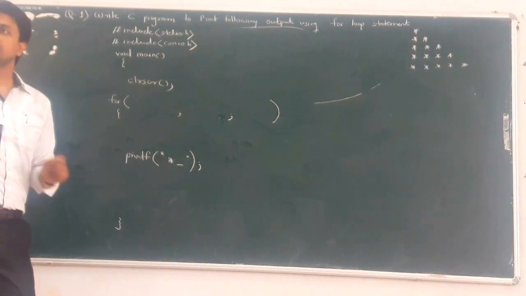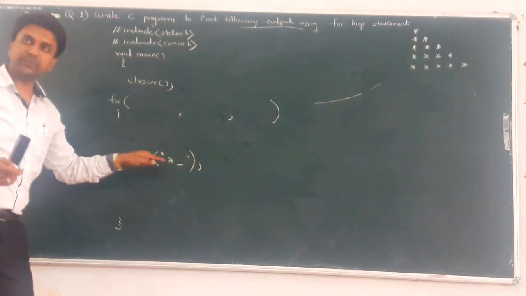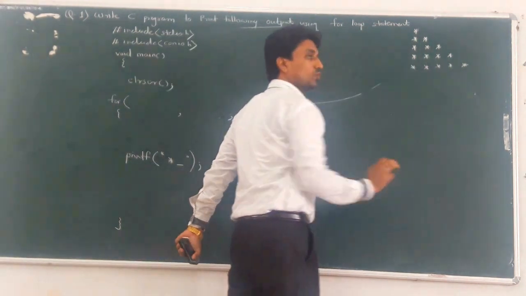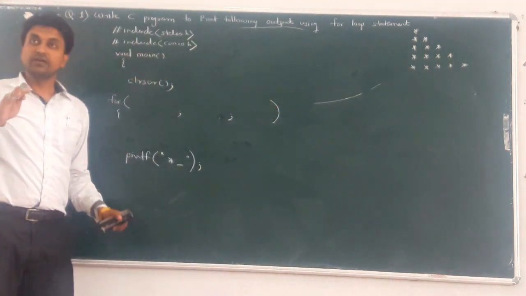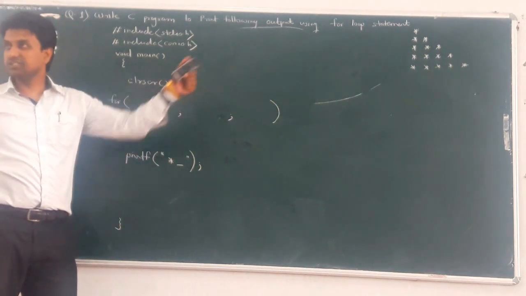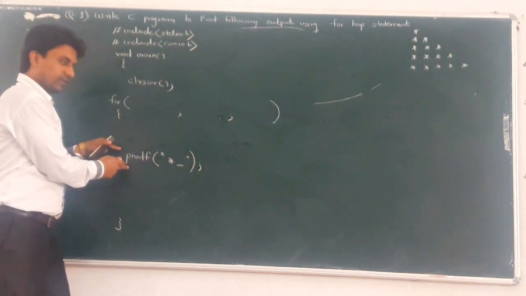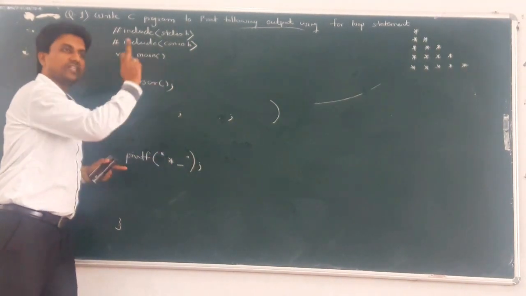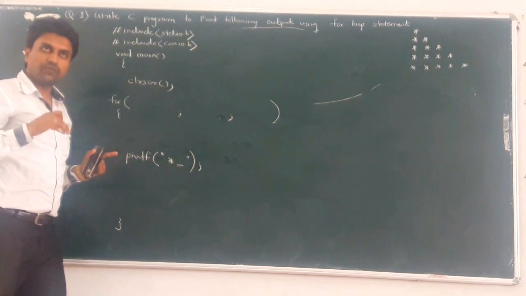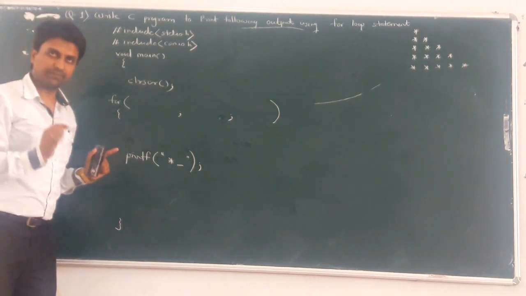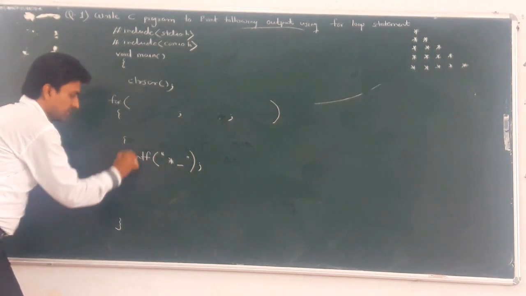Next, now we want to repeat this statement multiple times. For the second line, how many times does the star get printed? 2 times. So our logic is, if we print on the second line, then we want 2 stars on the second line. Same statement. What is the meaning of this print statement? Print a star once. Now for the second line, we want to print it 2 times. Okay, so for the first line, just take it once.